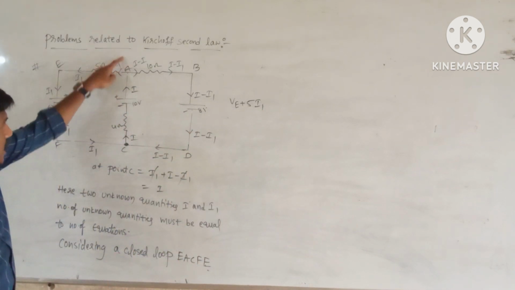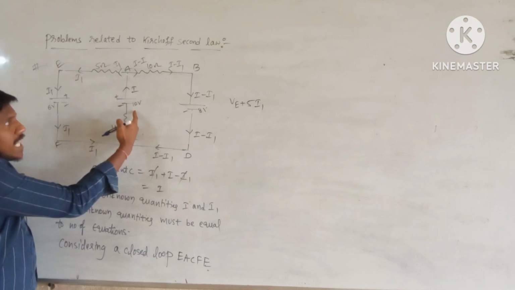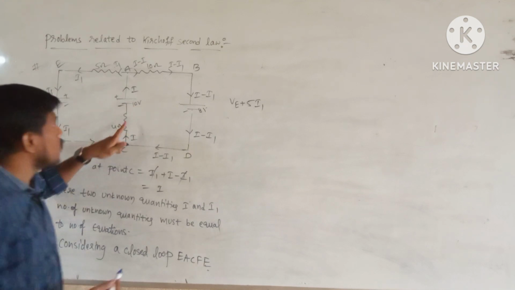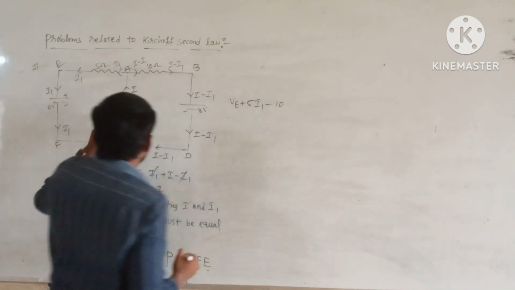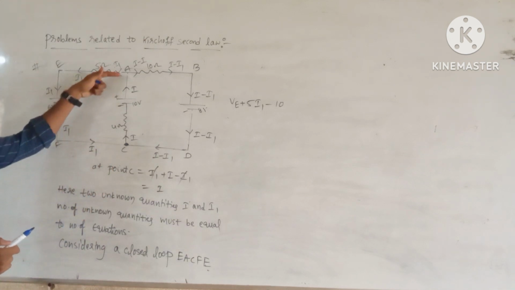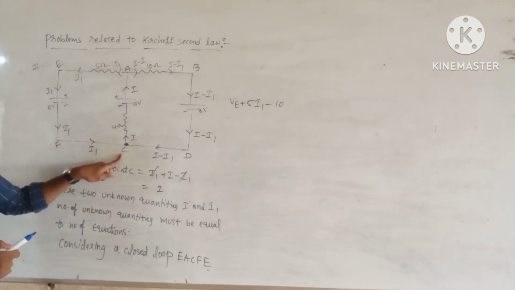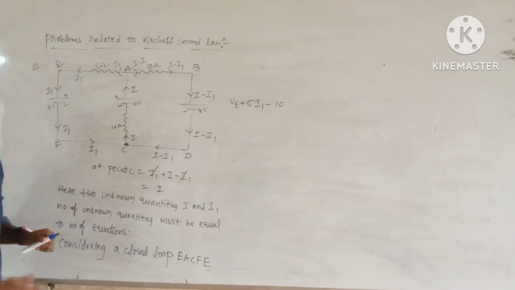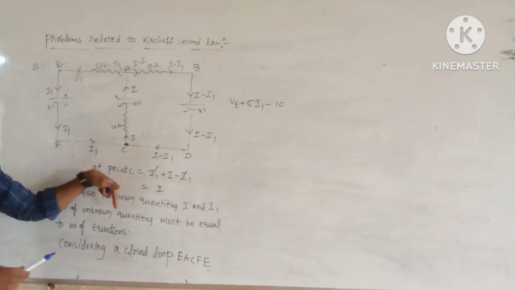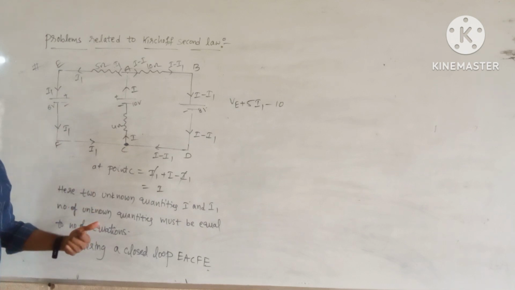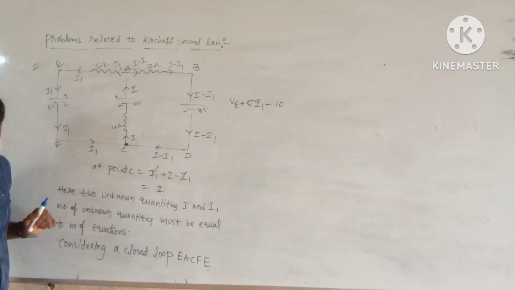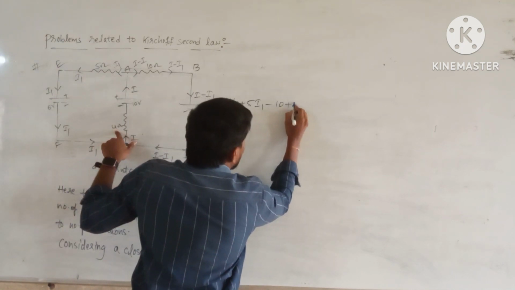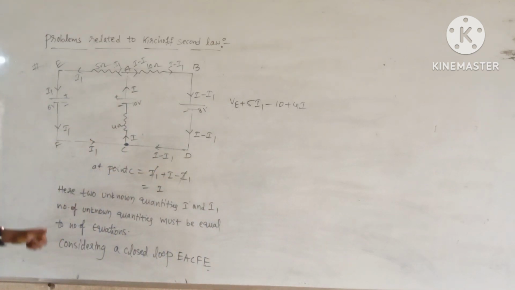Observe the path AC. In the path AC, we move across the cell from positive to negative. What is the potential difference across the cell? According to sign convention, negative. Now I am writing minus 10. Observe the direction of electric current through the 4 ohm resistor in the path AC. We move against the direction of electric current, so the potential difference across this resistor is positive. So plus 4I.